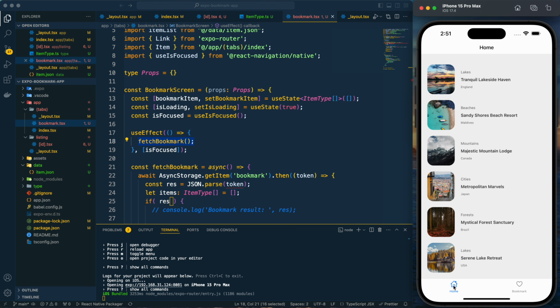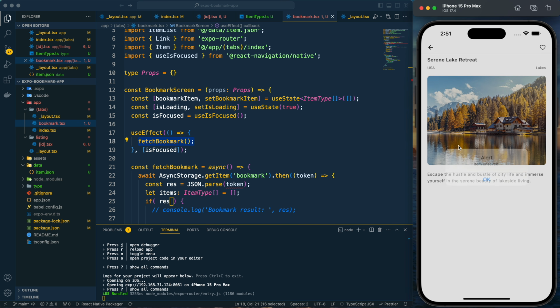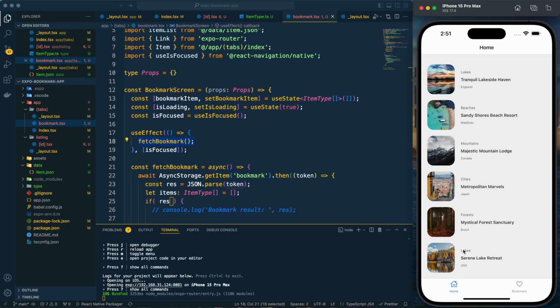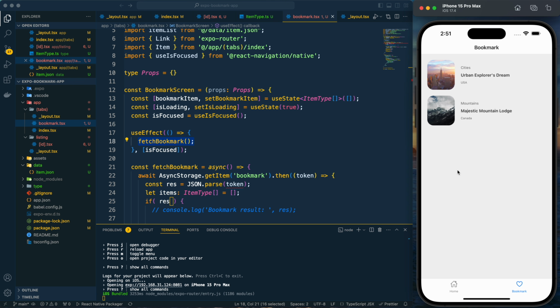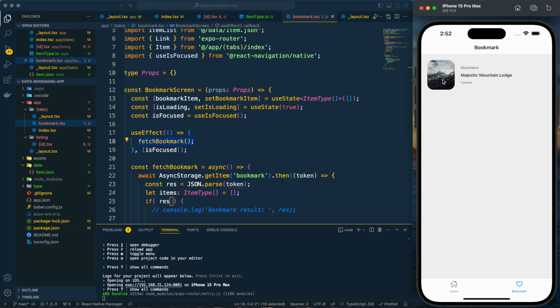So right now if I go here and let's remove this from this home screen and let's go to this bookmark, then I'm presented with the updated one, and that is the same case from this also. I have unsaved it, and now here it is updated, right? So this is it. So that's how this bookmark functionality is being done.